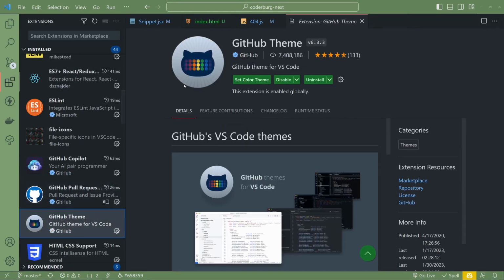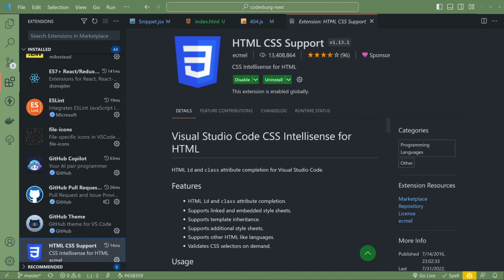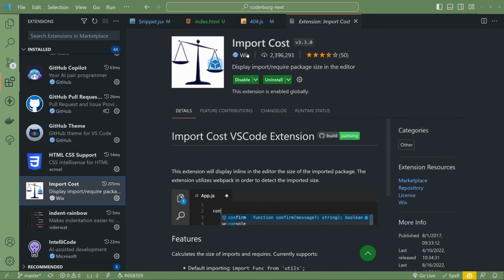I don't use it that much. GitHub Theme is the one that I'm using right now. So this is actually the gray one here. HTML CSS Support, IntelliSense. So things like basic tools for working with CSS and HTML for increasing IntelliSense capabilities in terms of HTML and CSS. Import Cost. Actually, that's pretty interesting that Wix.com created that